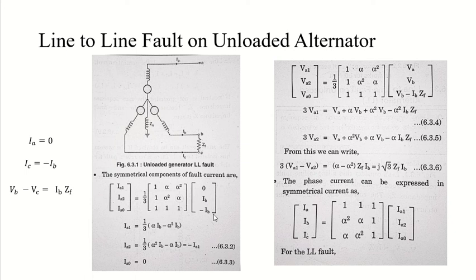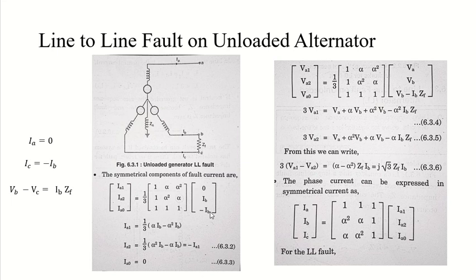So the formulas this time will look like this for all three current components of positive, negative and zero sequence. Zero sequence current will be 0. Positive and negative sequence components we will find. The value of positive sequence component IA1 will be 1/3 of alpha into IB minus alpha square into IB. Same we will do with IA2, which means 1/3 of alpha square IB minus alpha IB,